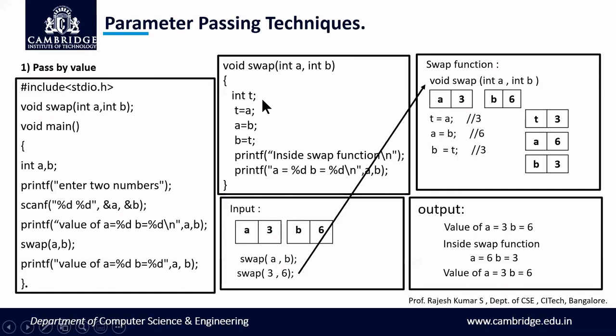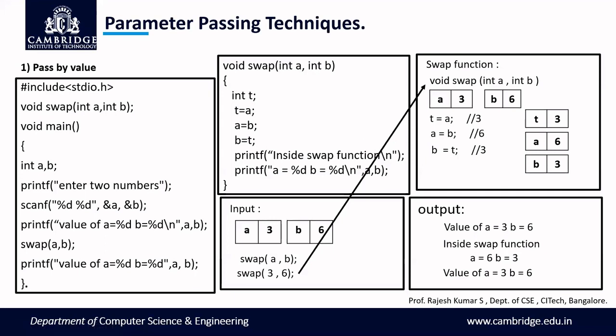Coming to the summary of this program, the a value is copied into this particular variable a, and the b value is copied into this particular variable b. After updating, the a and b values get changed inside the function. When I print inside the function, we can see the updated value, whereas when I print a and b in main, the value still remains the same. The value is not altered. The original value we entered remains the same, whereas inside the function the value has been changed. So changing the value of a and b will not affect the original value. That is the meaning of the last point I discussed in the theory session.